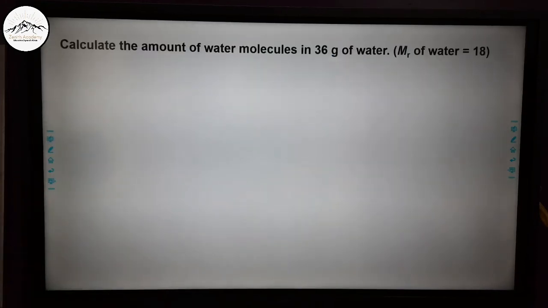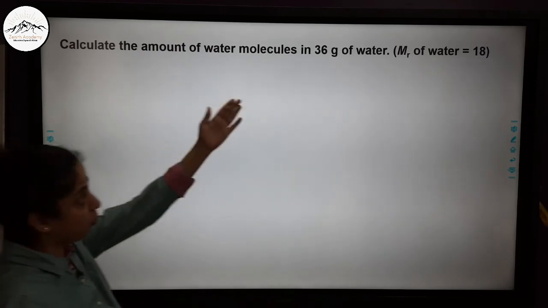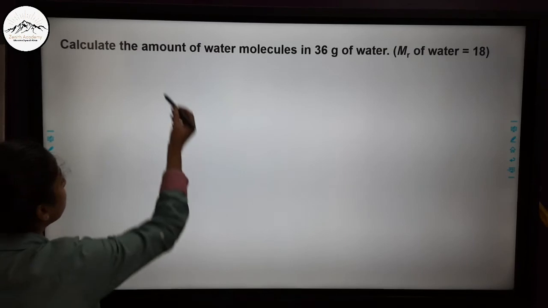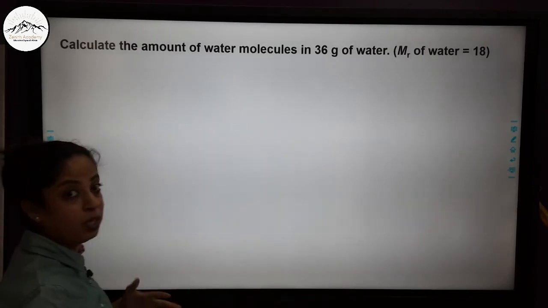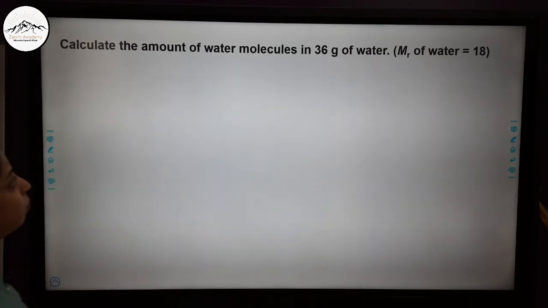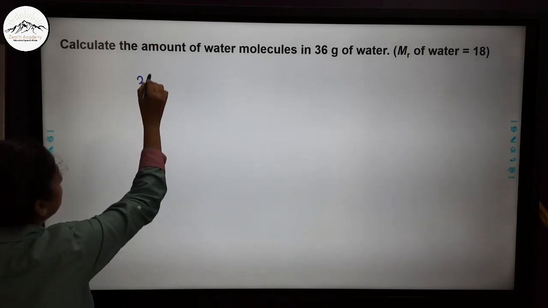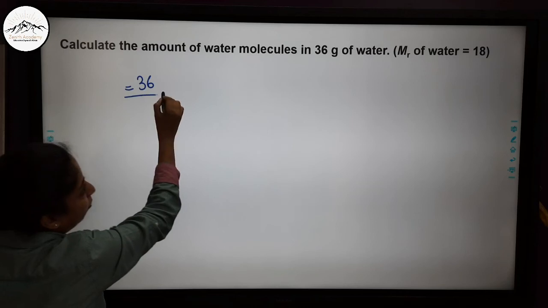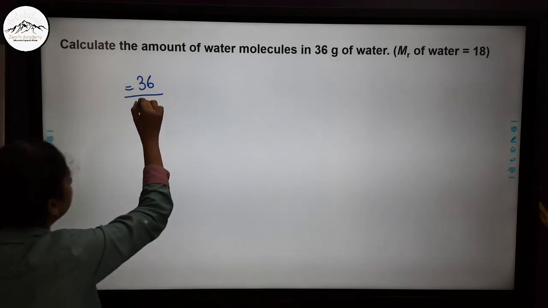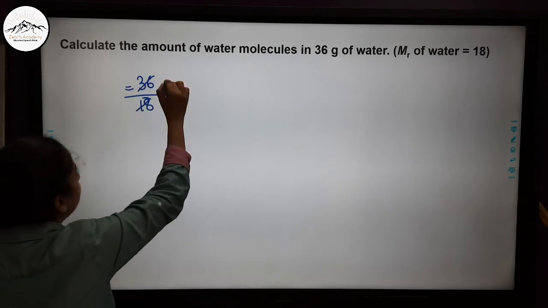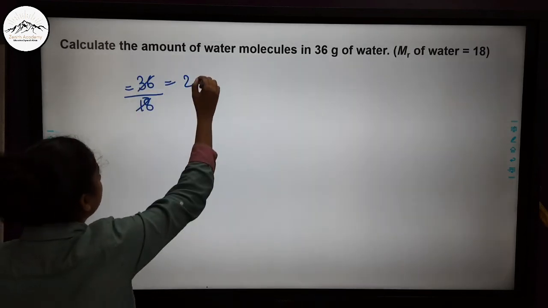Now coming on to our next question, calculate the amount of water molecules in 36 gram of water. Okay. So what have they asked to calculate? Amount means how many moles. So you can use the formula mass upon relative atomic mass. So it can be equal to 36 upon 18. Right. So it can be 2 moles,